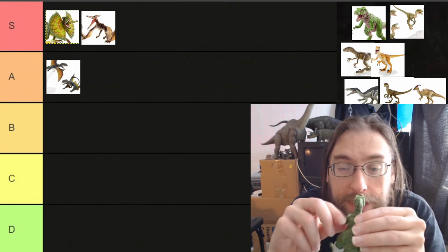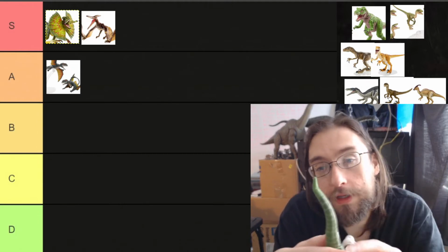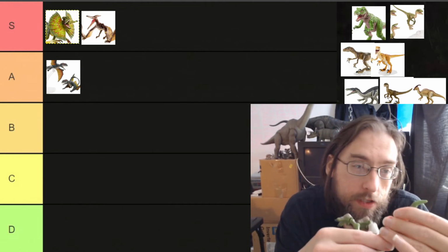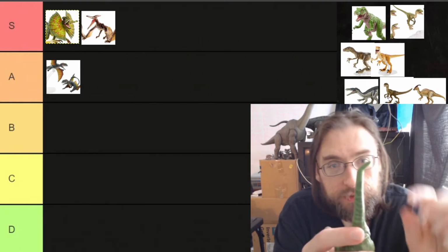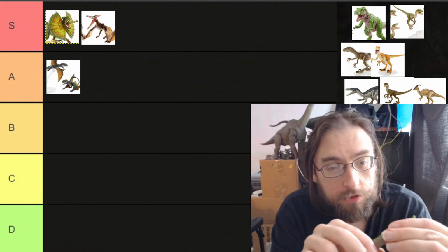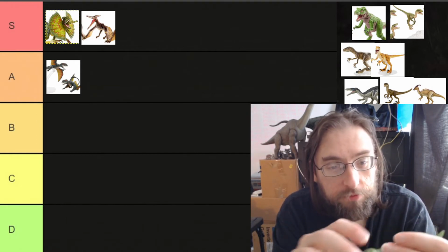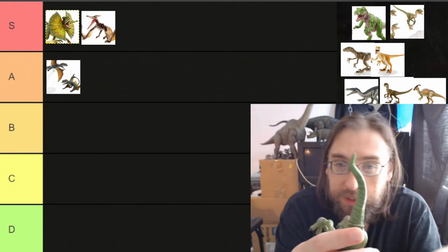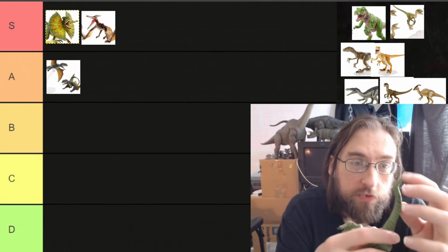Two, the packaging on this figure was atrocious. Borderline unforgivable. Look at this tail. This is a soft tail with a wire in it. The wire in the tail extends down to the exact point where this tail bends to the side sharply from how it was packaged. I've tried to put a little bit of a bend in the tail here to compensate so it looks a little less weird. But basically, the tail came smushed against the side of the box, which put this permanent 90-degree angle into it,